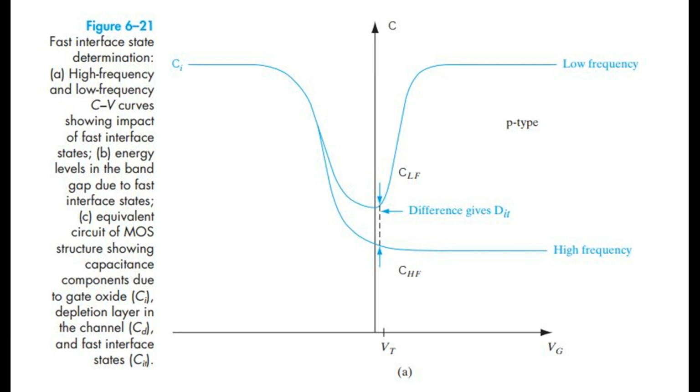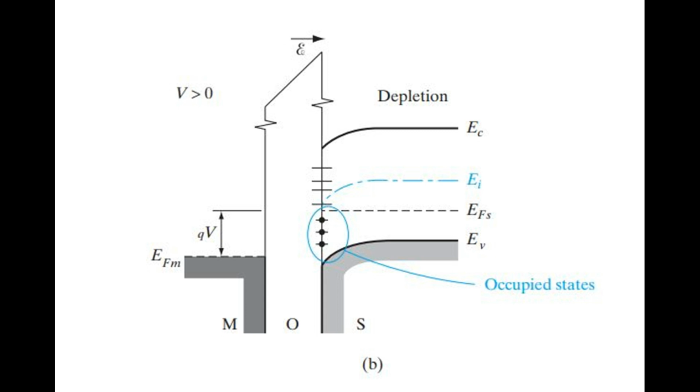Figure 6.21. Fast interface state determination. A. High frequency and low frequency capacitance-voltage curves showing impact of fast interface states. B. Energy levels in the band gap due to fast interface states. C. Equivalent circuit of metal oxide semiconductor structure showing capacitance components due to gate oxide, depletion layer in the channel, and fast interface states. The capacitance Ci equals epsilon_i/d in accumulation or strong inversion, at low frequencies, gives us the insulator